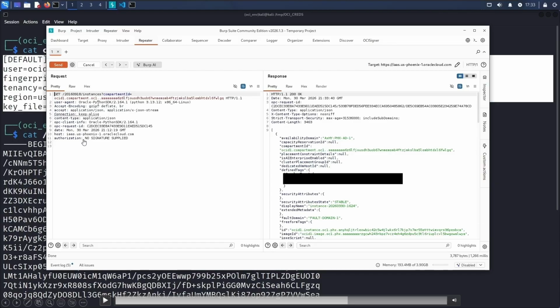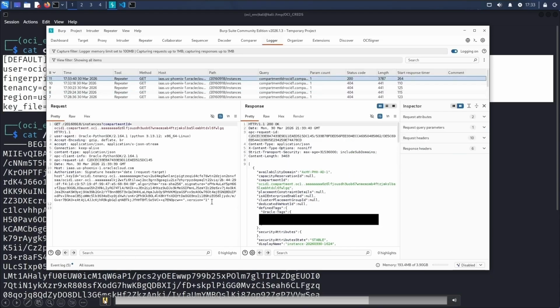You'll notice the signature has not changed in the repeater tab, because when you hit send, this request from the repeater tab starts to get sent out, and that's when the extension signs it. So if you want to actually see the full HTTP request with the signature that got this response, you have to go to the logger tab. So yep, just showing it's still no signature there.